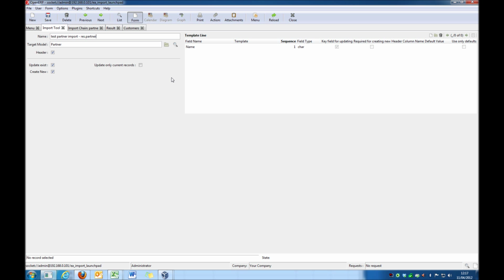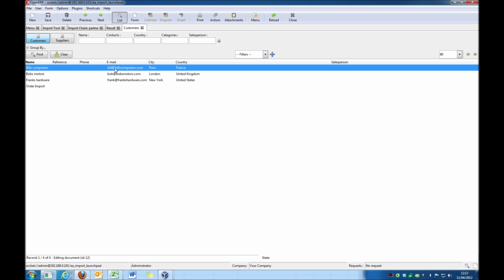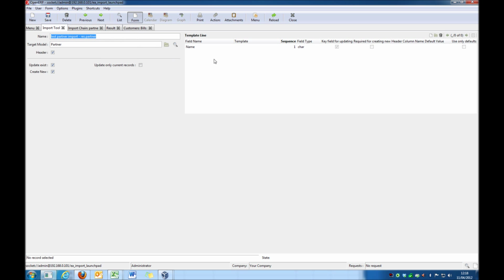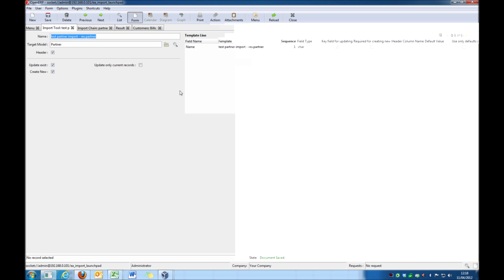Because a customer, I'll flip to the customer quickly here, only has a name at the top. You could have a reference, you could have other things in your CSV, but this is the only relevant field. This is all we need to configure for this particular template, so I'll save that. And I will create a new